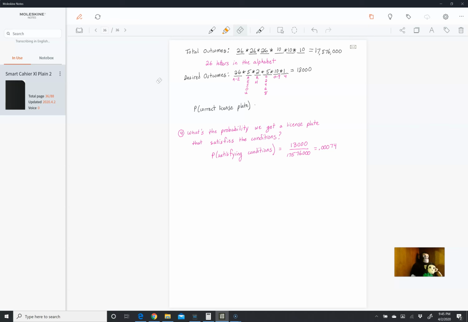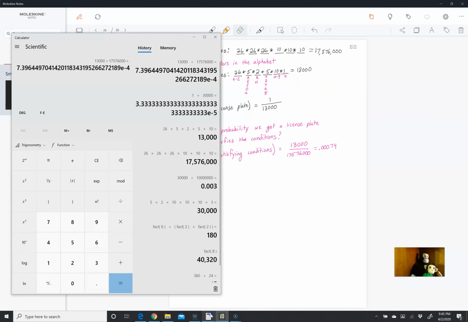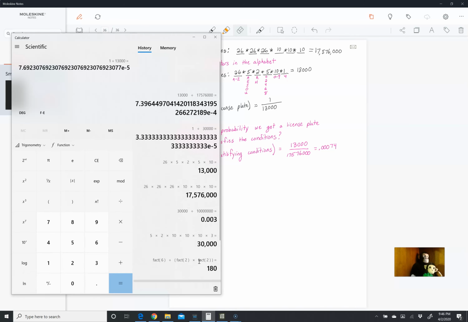Well, there is only 1 correct license plate, so it's going to be 1 over 13,000 because there are 13,000 possible license plates that you may guess, okay? Because they satisfy these conditions, and you're not going to guess a license plate that doesn't satisfy what you remember. So it's going to be 1 over 13,000. And that we can see